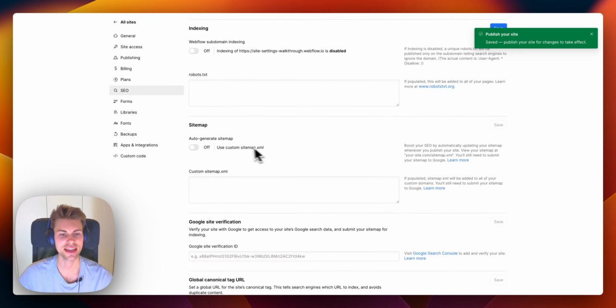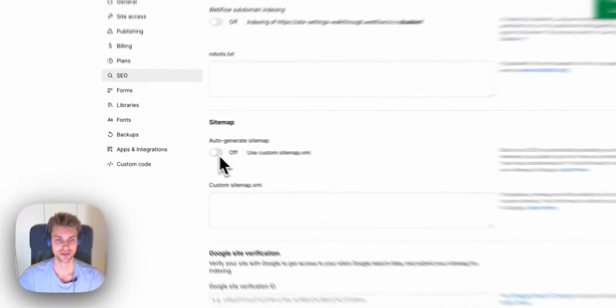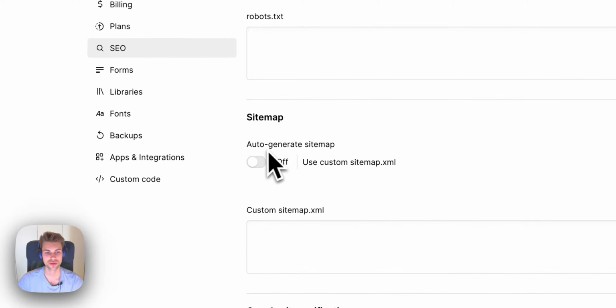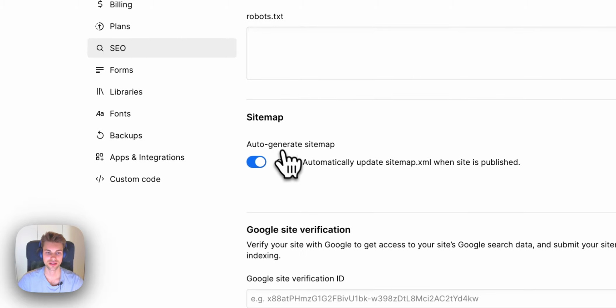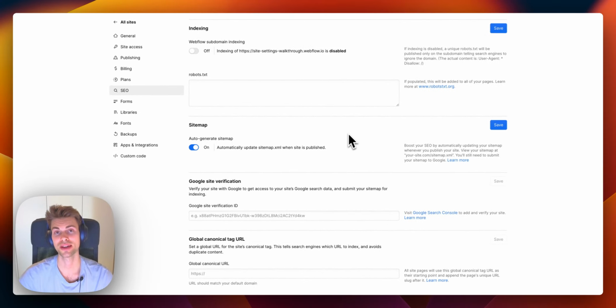The next one is the sitemap, and of course you can upload your custom sitemap, but for 99% of the use cases, I recommend to activate the auto generation of the sitemap. That way, Webflow automatically creates and updates the sitemap. Of course, we still have to submit the sitemap to our Google Search Console once we have turned this feature on.